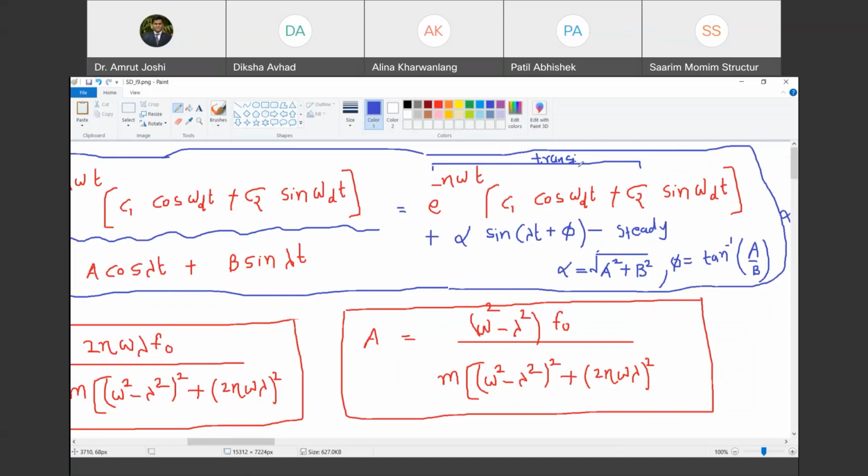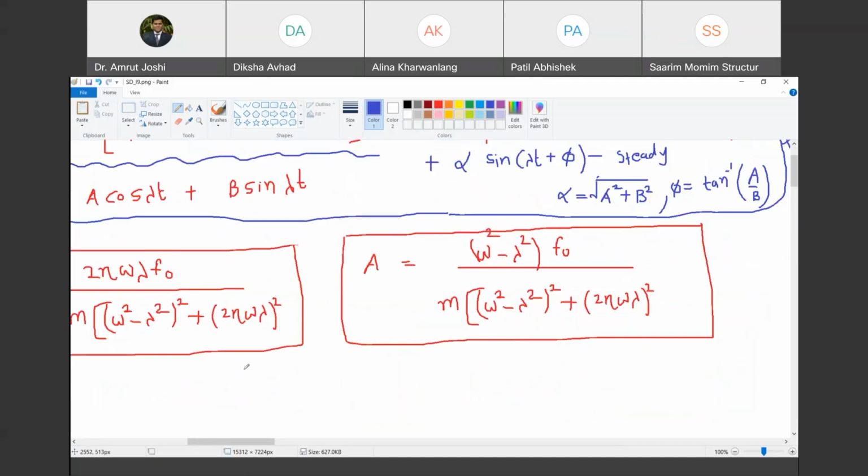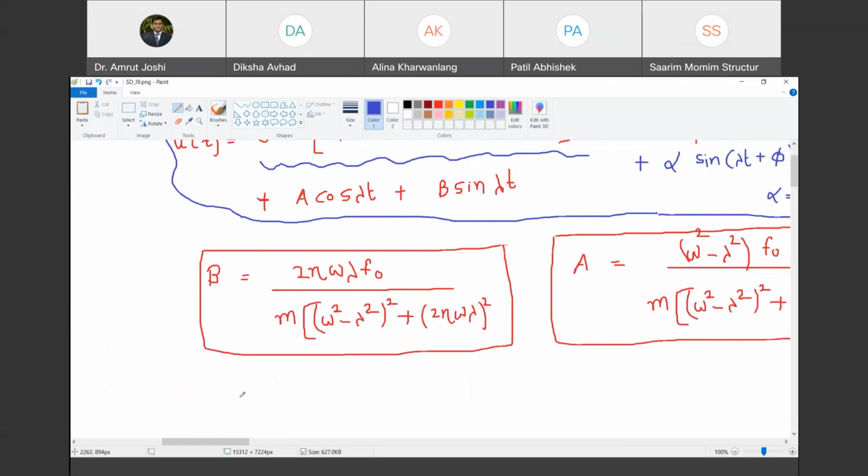So we are going to start with our routine exercise. After plotting, I am going to talk about something called phase. That will be understood only after plotting. If I just tell you like a mathematician what phase lag and all those things are, it will not be helpful. We will plot it and then you will understand what I am trying to say. Are you with me? So chalo.